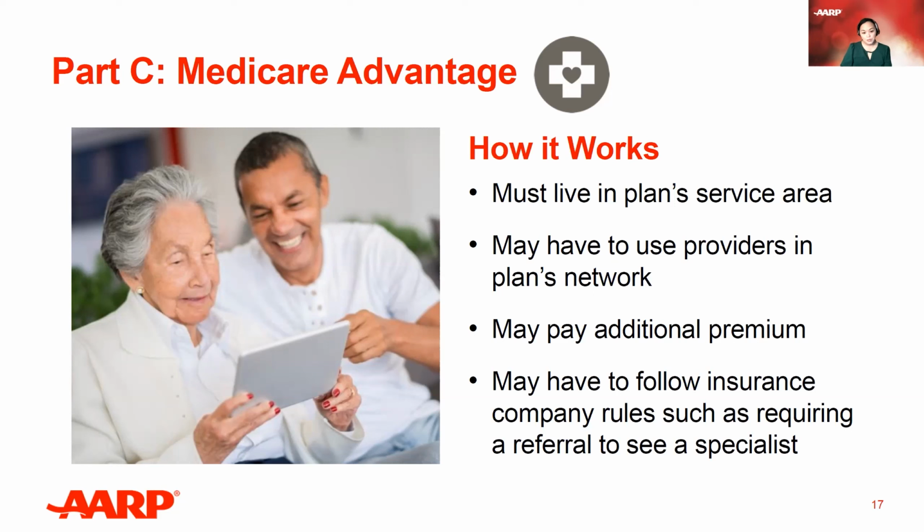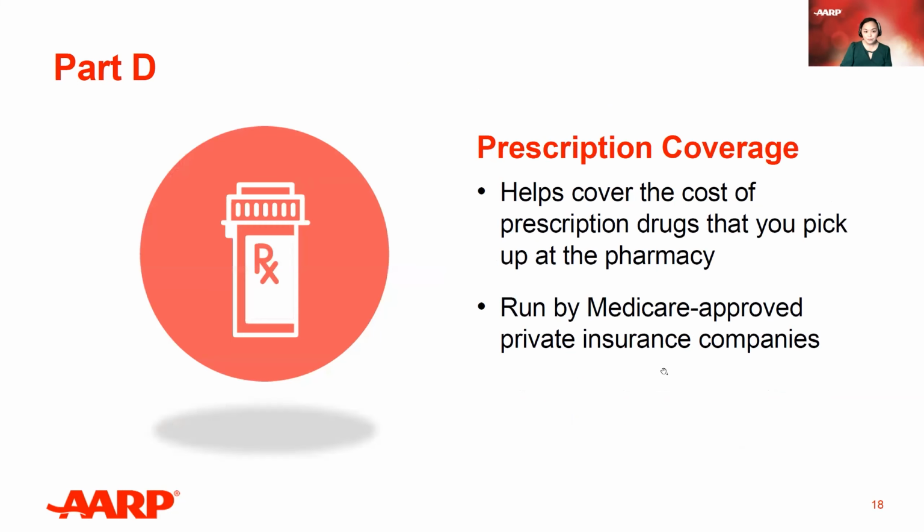With Medicare Advantage plans, you can usually only go to doctors, specialists, and hospitals on the plan's provider list. The plans may limit coverage or provide no coverage at all if you go out of network. So you do have to pay attention to the rules in terms of staying in and going out of network. You also have to pay attention to, do you need to get a referral? So that was sort of taking a step away and going to what another alternative pathway is for you to get Medicare coverage, and that is Medicare Advantage.